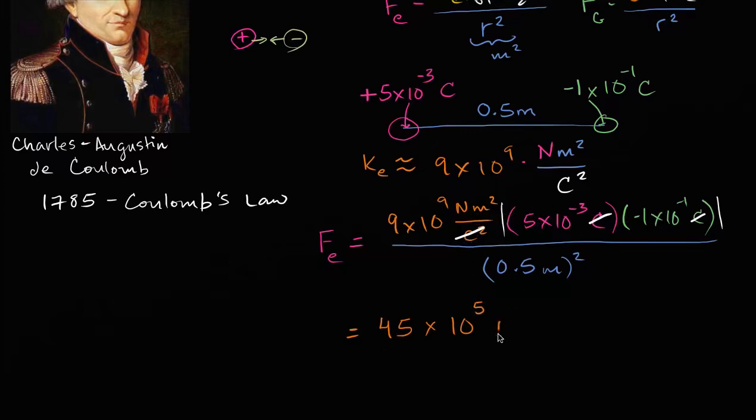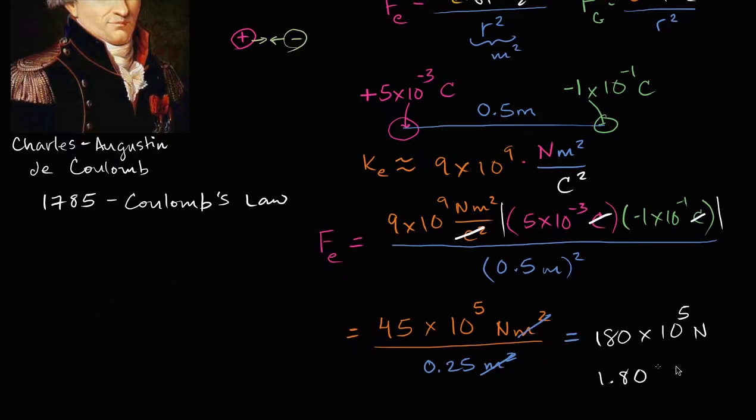And we're going to have newton meter squared over 0.25 meter squared. These cancel. And so we are left with, well, if you divide by 0.25, that's the same thing as dividing by 1/4, which is the same thing as multiplying by 4. So if you multiply this times 4, 45 times 4 is 160 plus 20, which is 180 times 10 to the 5th newtons. And if we wanted to write it in scientific notation, well, we could divide this by 100 and then multiply this by 100. And so you could write this as